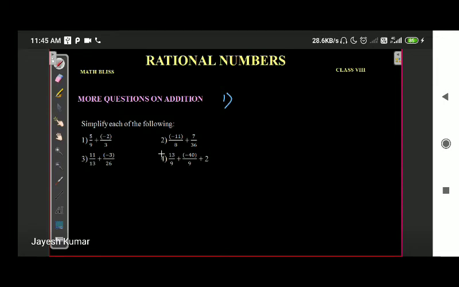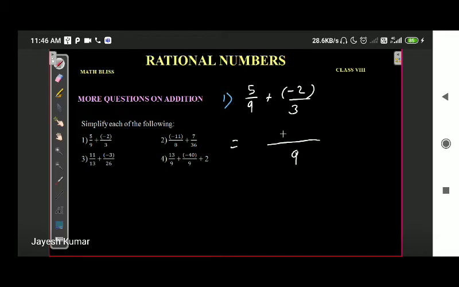In rational numbers, algebra of rational numbers, we have to do addition. As we can see in the first part, 5 upon 9 plus minus 2 upon 3. This is the question. As you can easily see, 3 and 9 are not the same denominators. Since 3 and 9 are not the same denominators, what we need is the LCM. Once we find the LCM of 3 and 9, you will find that it is 9.